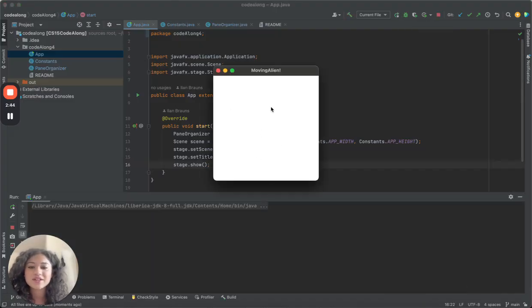Yep, it's just a plain pane that says moving alien, and we're going to add our plain green alien to this, and we're going to have left and right buttons to move the alien left and right. Okay,